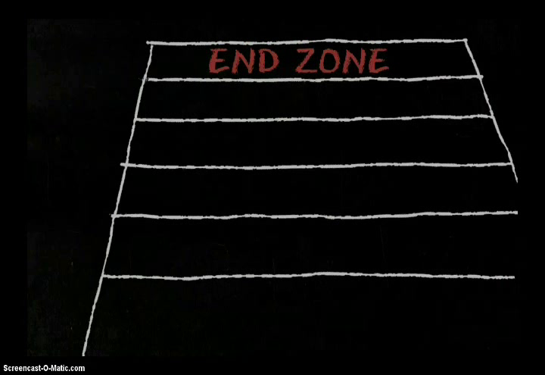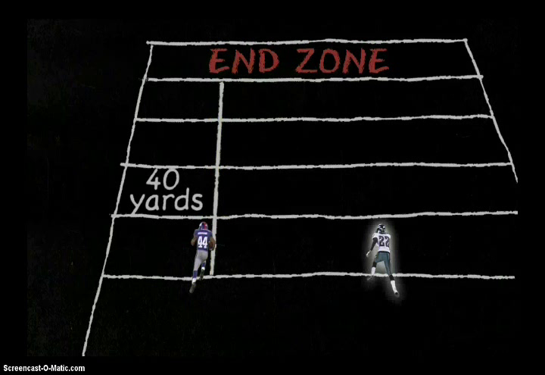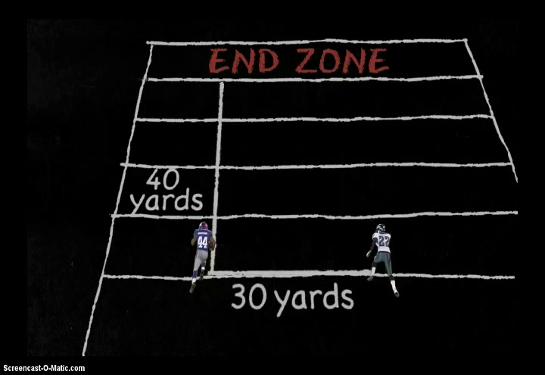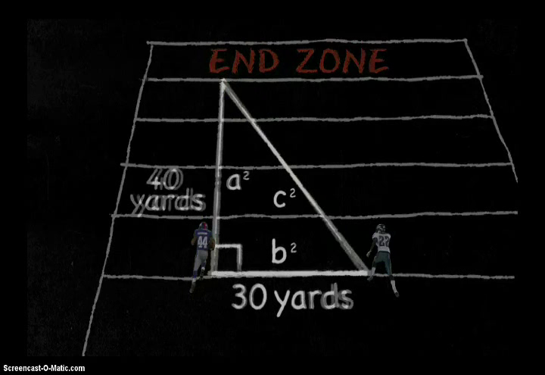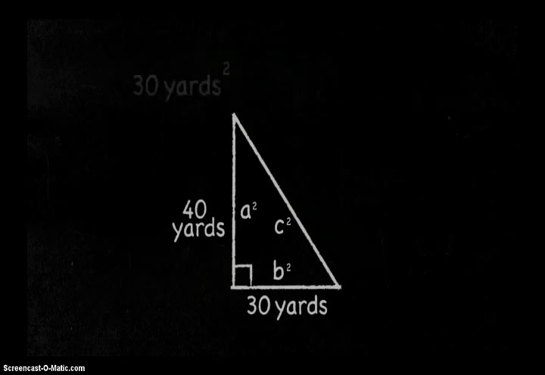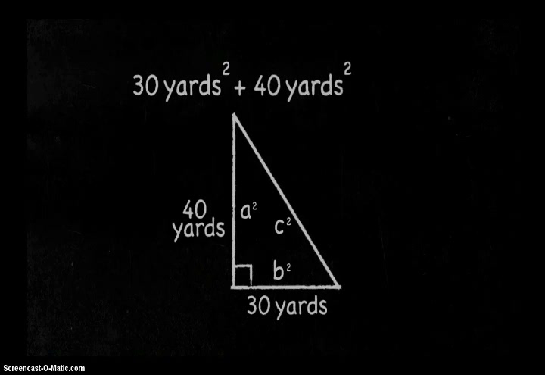Relating this to football, let's say the ball carrier is heading for the end zone, 40 yards away. The defender stands 30 yards away and needs to intercept him. If these two distances are the legs of a right triangle, then the distance the defender needs to run is the hypotenuse. Using the Pythagorean theorem, 30 yards times 30 yards added to 40 yards times 40 yards